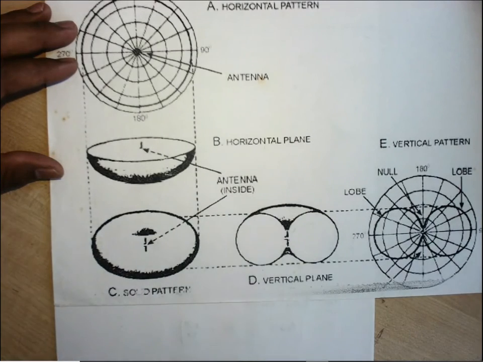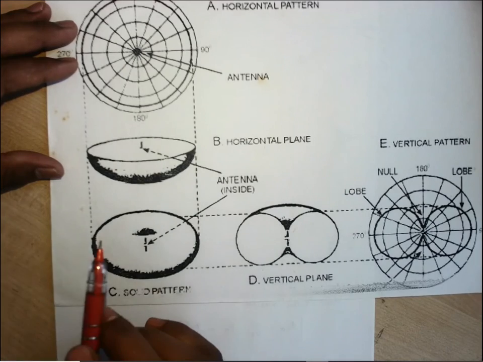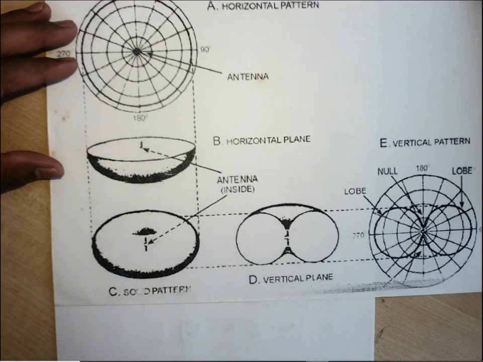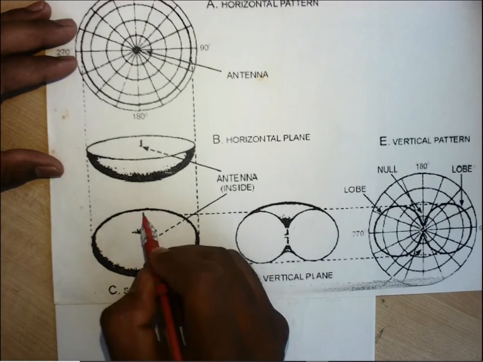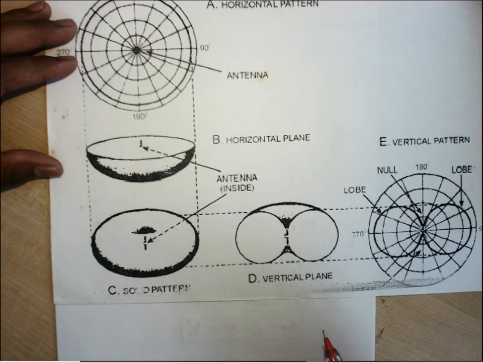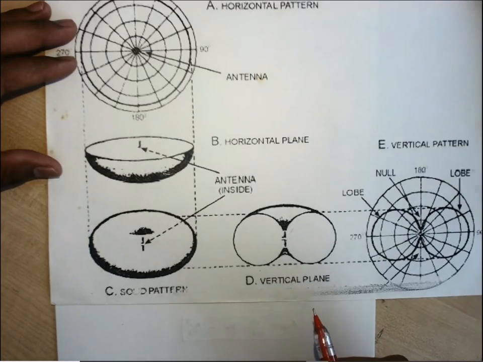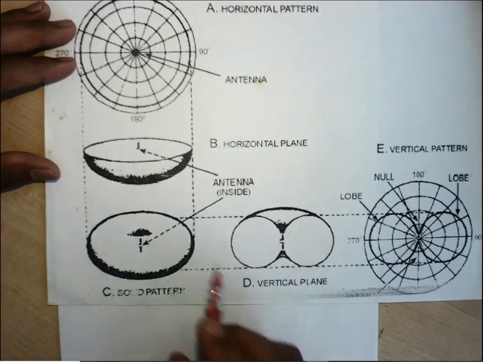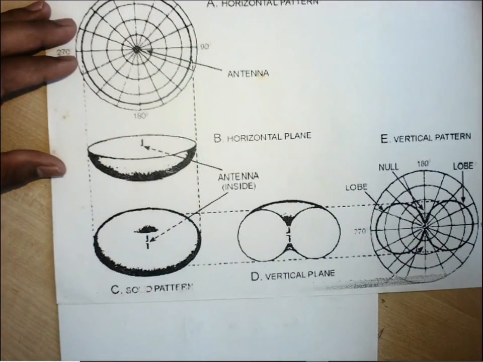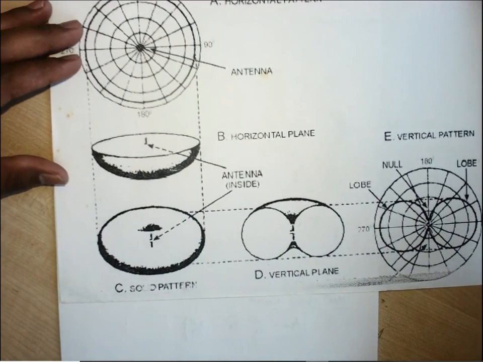Now if we look from the top, that is from the azimuthal plane, if we go along z, that is theta equals 0, we can say it is directive, but it is not directive because the pattern is not out along the z axis. Otherwise it is going in. So this kind of shape is an example of an omnidirectional pattern.